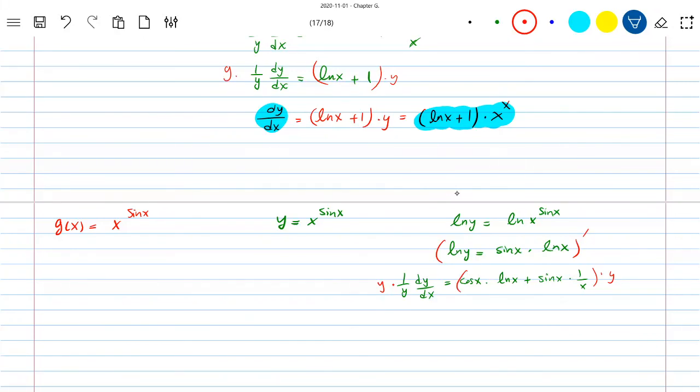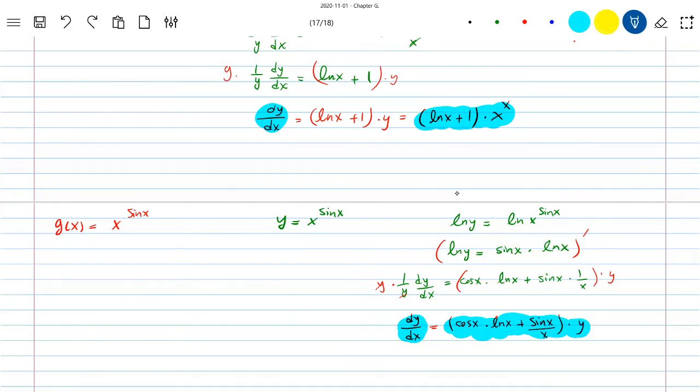And use parentheses. These two can cancel out. You have dy over dx equals cosine x times ln x plus sine x divided by x, at 1 over x could be written divided by x times y. And we found out what dy over dx is. This is dy over dx equals to this. The only important thing is that